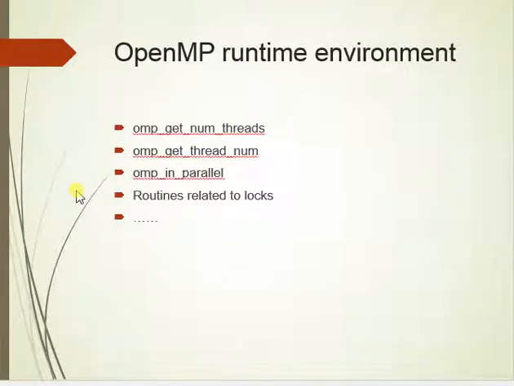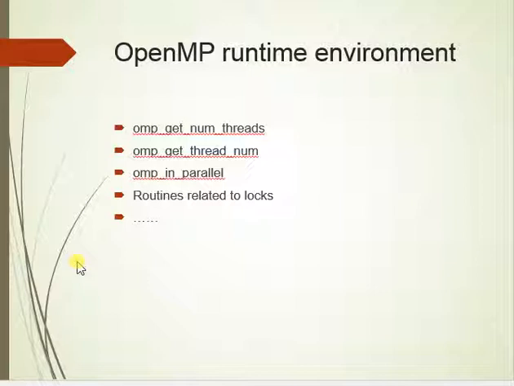These are some of the OpenMP runtime environment routines: omp_get_num_threads, omp_get_thread_num, omp_in_parallel, and routines related to locks. omp_get_num_threads returns the number of threads currently in use. If called outside a parallel region, this function will return 1. omp_set_num_threads sets the number of threads that will be used when entering a parallel section.